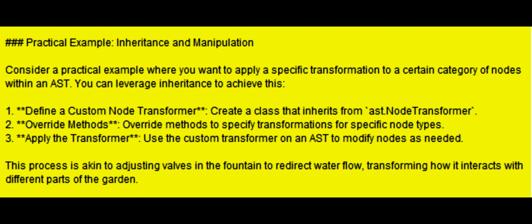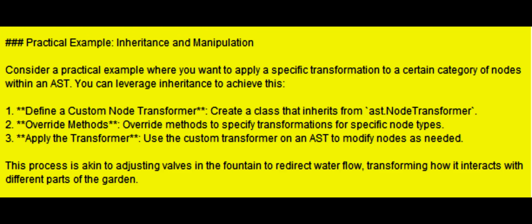Practical example, inheritance and manipulation. Consider a practical example where you want to apply a specific transformation to a certain category of nodes within an AST. You can leverage inheritance to achieve this. 1. Define a custom node transformer. Create a class that inherits from ast.NodeTransformer. 2. Override methods. Override methods to specify transformations for specific node types. 3. Apply the transformer. Use the custom transformer on an AST to modify nodes as needed. This process is akin to adjusting valves in the fountain to redirect water flow, transforming how it interacts with different